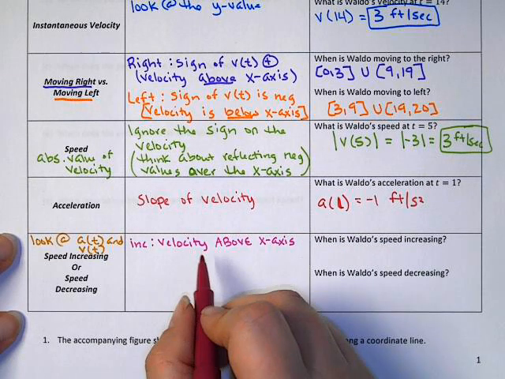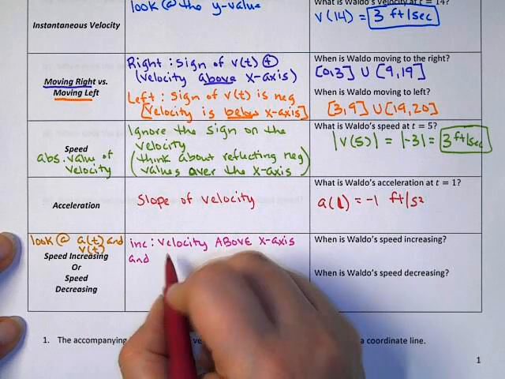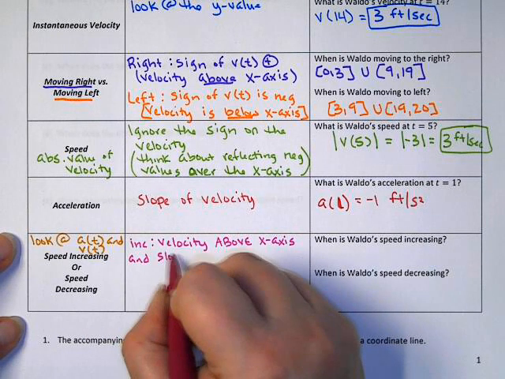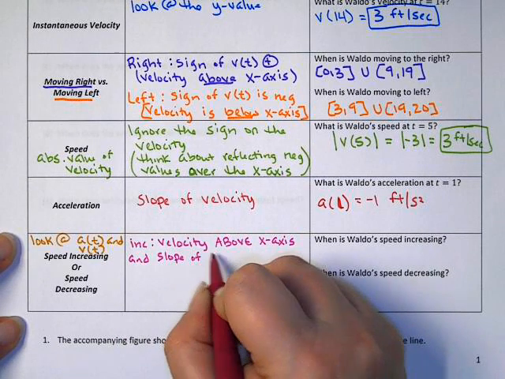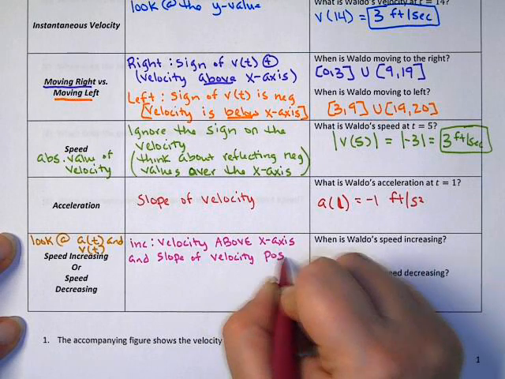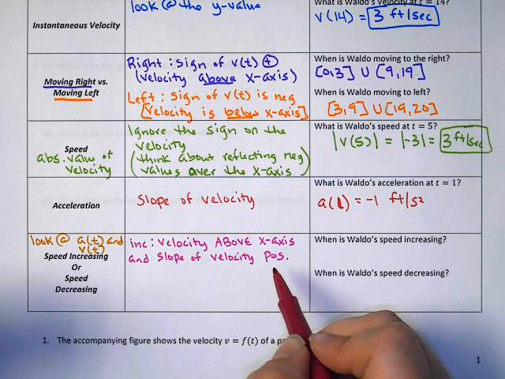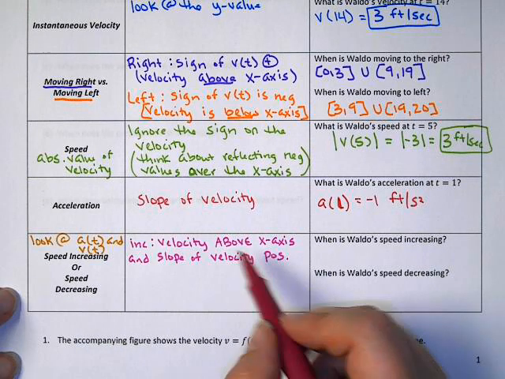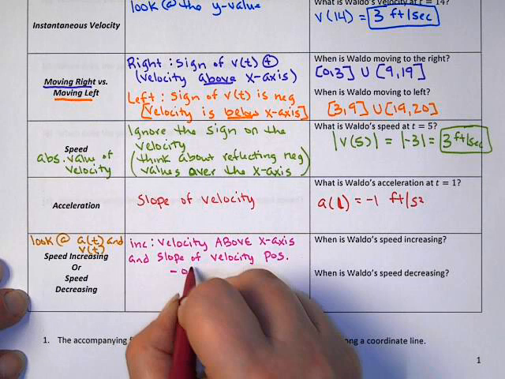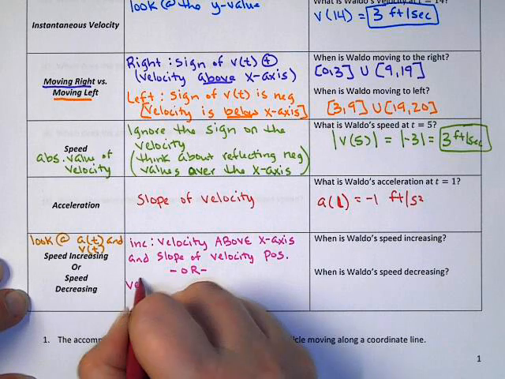in other words, if the velocity is positive, and the slope of the velocity is positive, which really means that the acceleration is positive, then we know the function is increasing because velocity and acceleration are both positive. Or a function could be increasing if the velocity